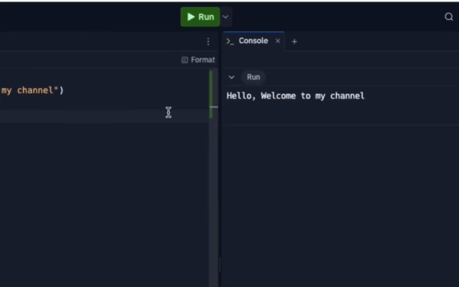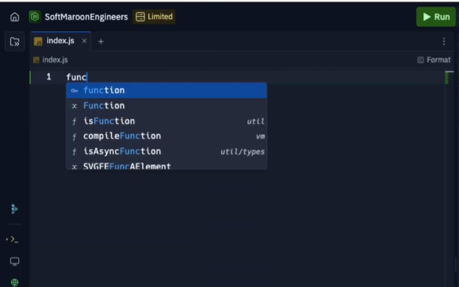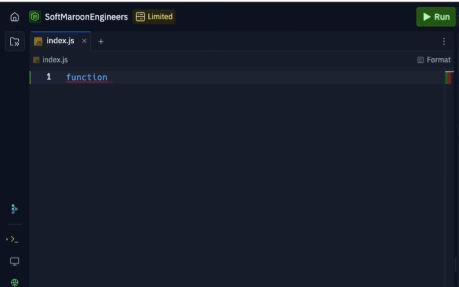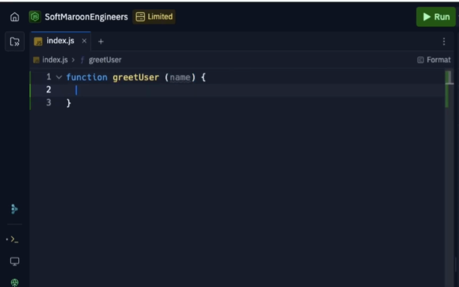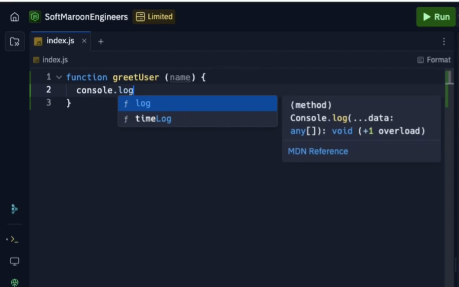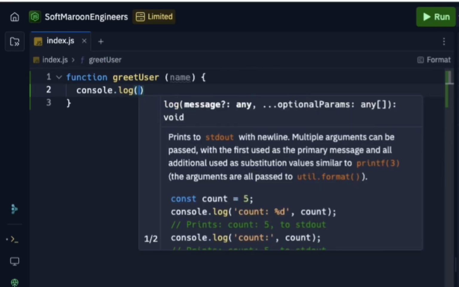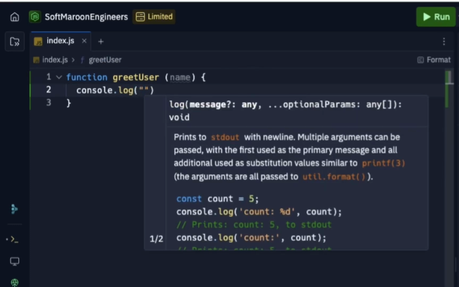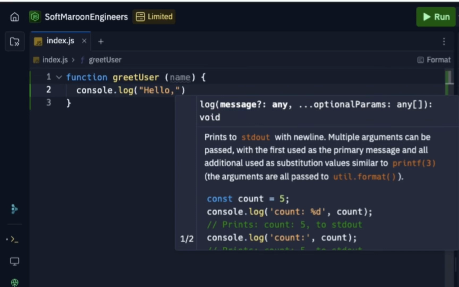Alright, let's take it up a notch. Sometimes you want your function to handle different inputs. Here's how you do it. First, write your function, and it is greetUser followed by parentheses. Inside of the parentheses, we type in name followed by curly braces. Remember, inside of curly braces, we have console.log followed by parentheses, double quote, hello,